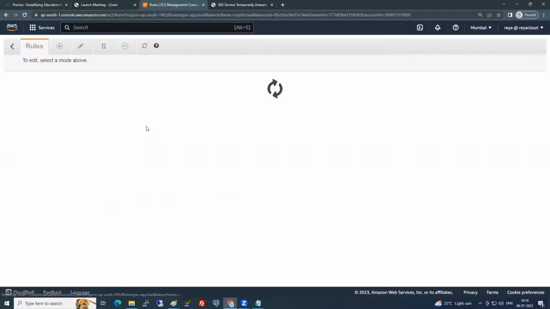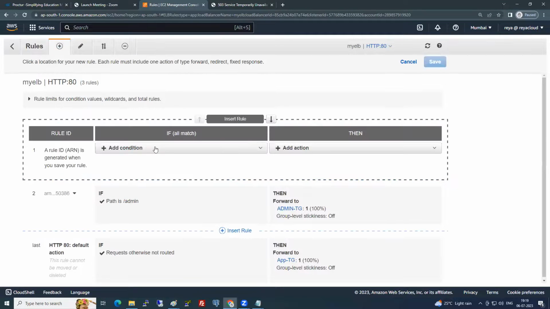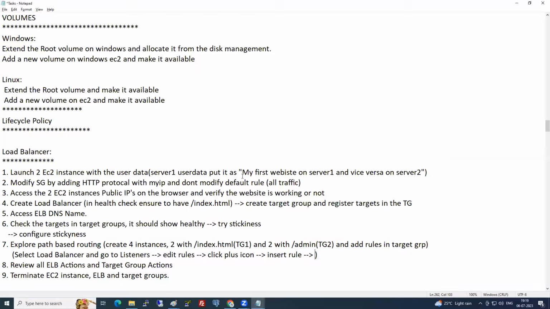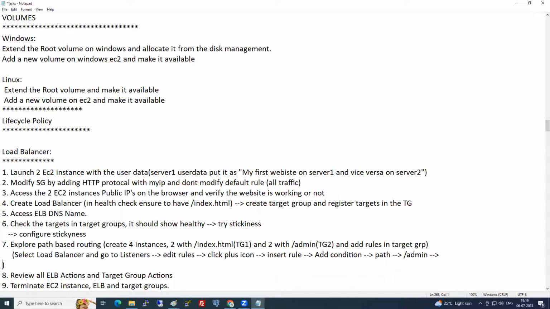What did I do? Insert rule, add condition, path. Add condition, path, and put /admin. Then forward to, okay. Guys, and then also here,